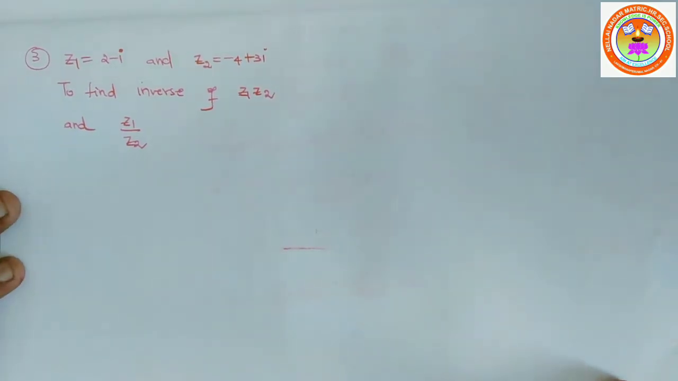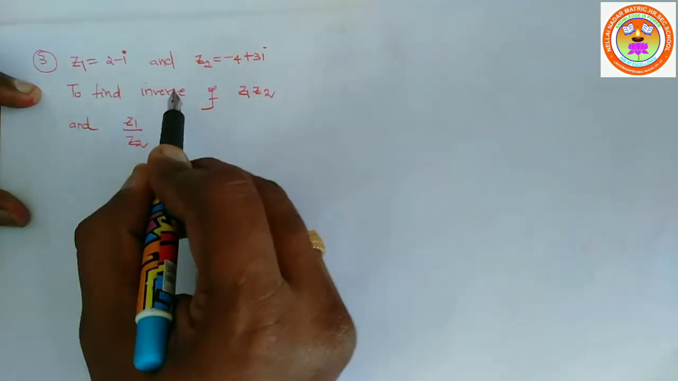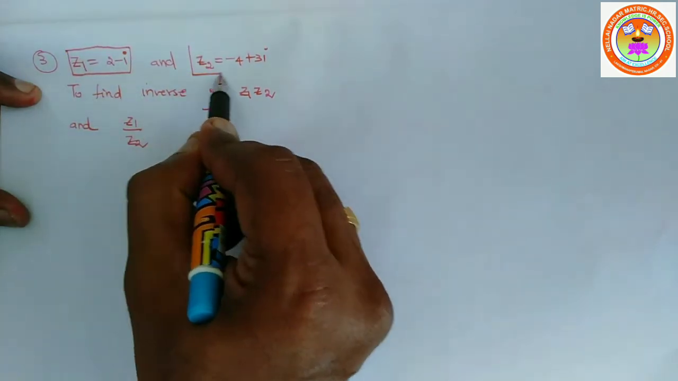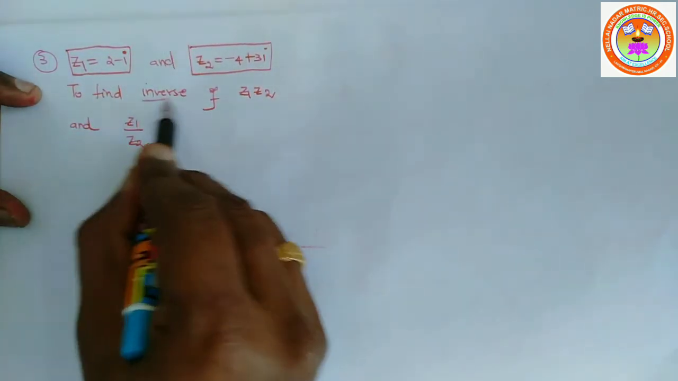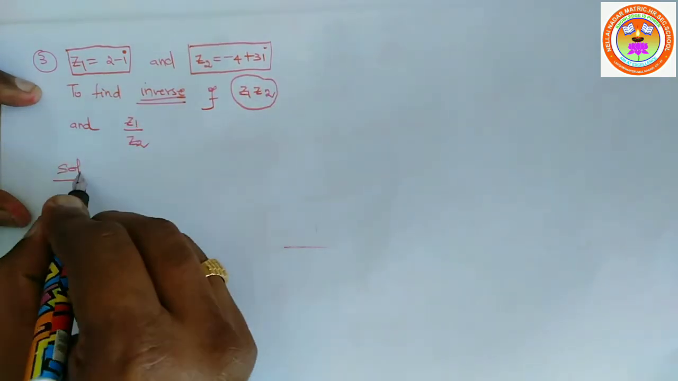Third sum: z1 is equal to 2 minus i and z2 is equal to minus 4 plus 3i. To find the inverse of z1 z2 and z1 by z2. First listen carefully. They have given the z1 value and the z2 value. First find the inverse of z1 z2. So, solution, first write